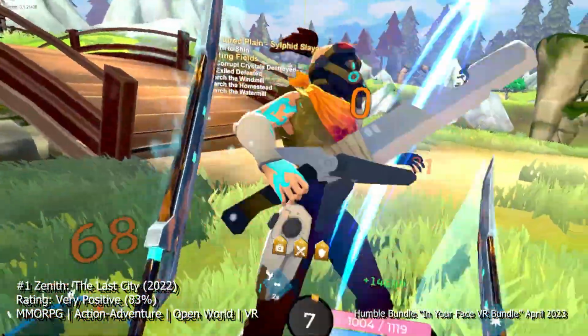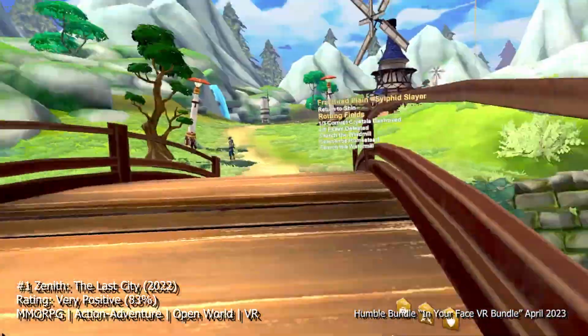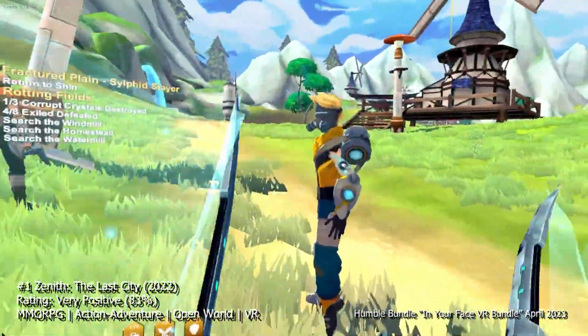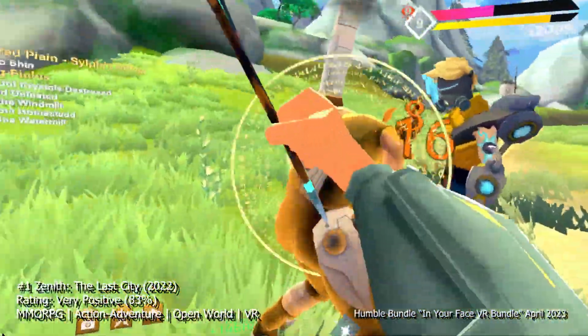Zenith has a lot to offer, with plenty of quests and an immersive atmosphere that allows you to climb and glide your way through the massive open world. You can choose from 3 classes, each with a variety of subclasses, and the standard roles of support, tank, and DPS. Combat in Zenith is varied and interesting based on your class, with different methods of attacking